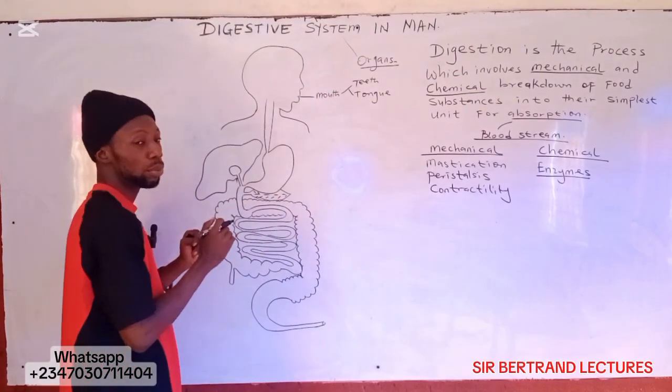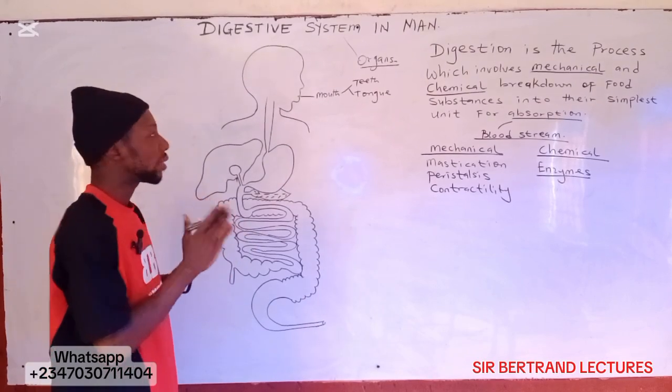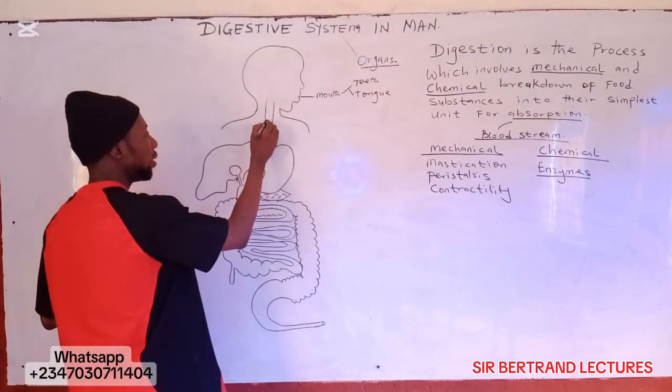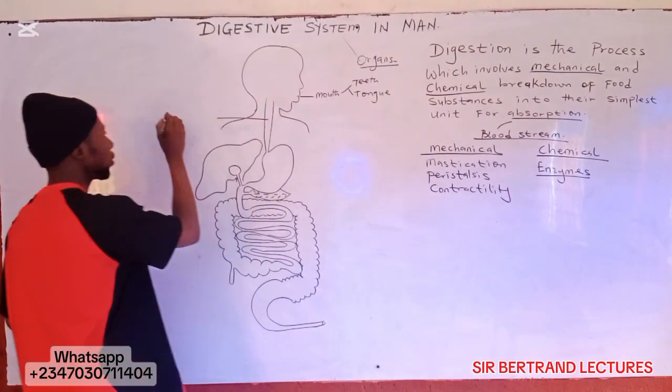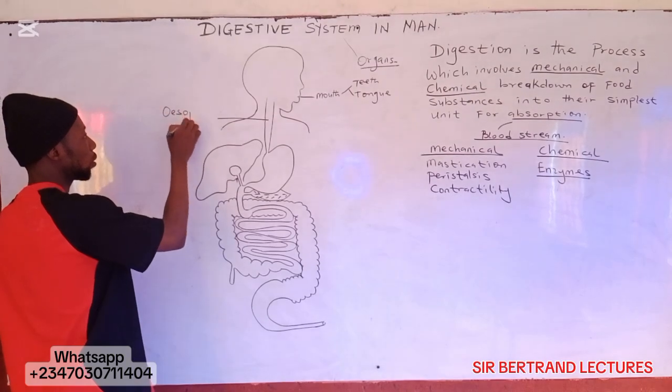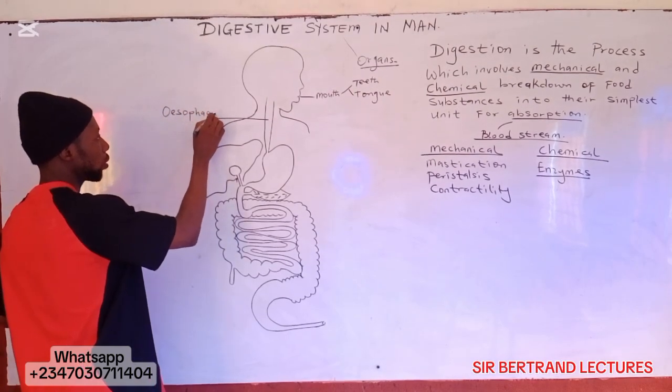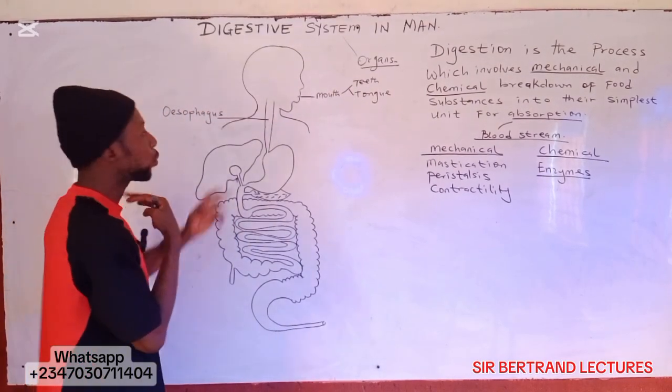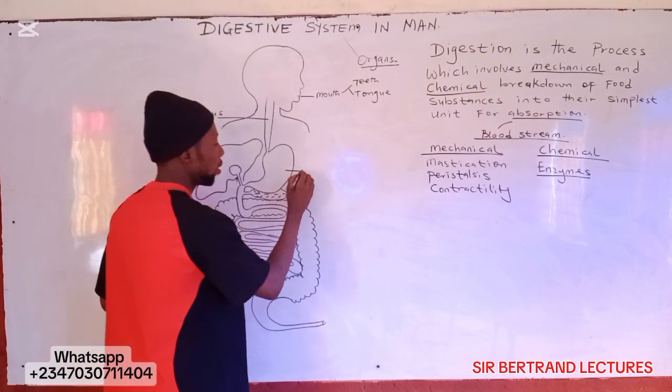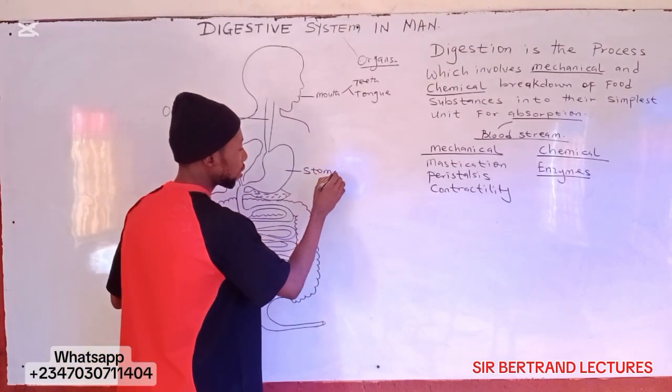These two are responsible for mechanical digestion. Then here is the esophagus. Here is the stomach,